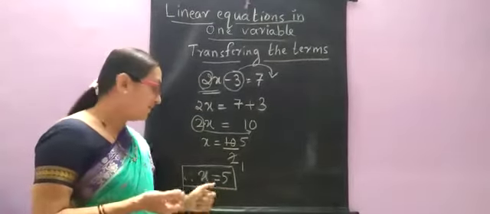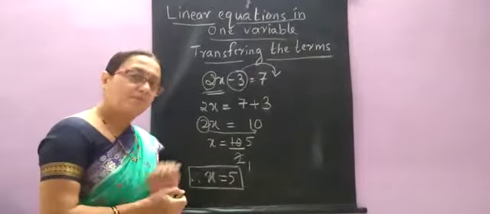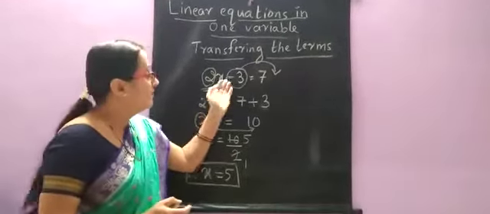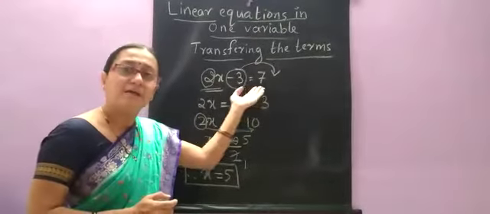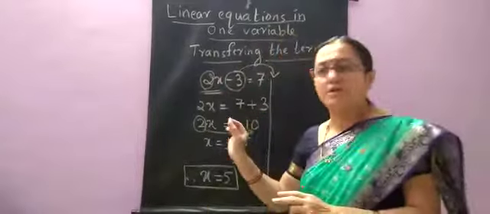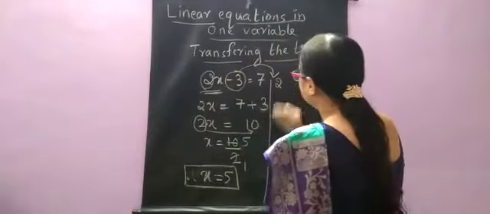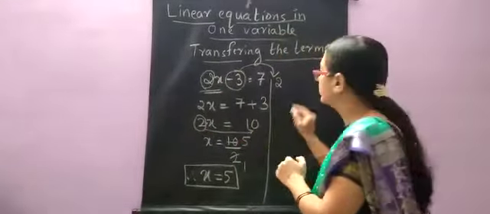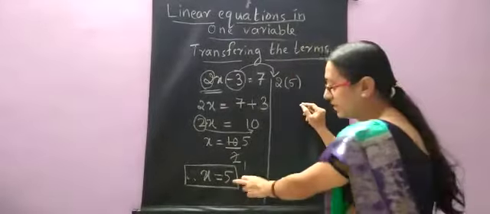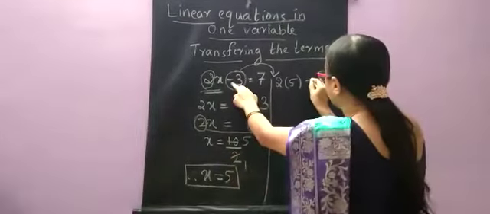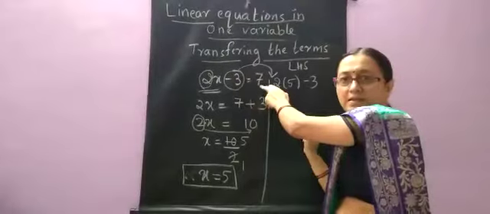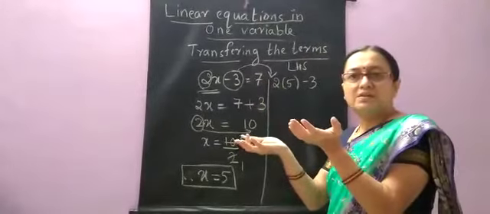How do you understand whether this value is right or not? We have to put this value of x in the equation and verify whether the left hand side and right hand side will be equal. No need to check it for all the examples. Just one example I am showing here. Here 2 remains as it is. It's a constant. We cannot change its value. In place of x, I am placing 5, because we got the value as 5. Minus 3 as it is. This LHS I am solving here. I should get 7 as the answer. Then only our equation is balanced. Just like we are weighing.